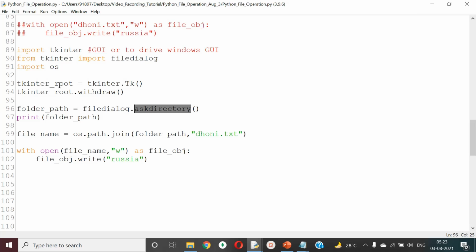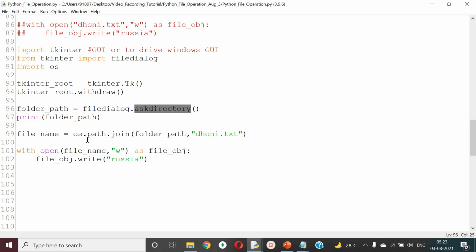And why did os get imported? Because I want to make sure that every part of my code remains very much dynamic. So what I planned is that I need to merge the folder that I select with the file I have, so that it ends up working without any trouble. Even if I run this specific program in any environment, it will automatically get merged, and the rest of the thing is whatever we discussed till now.